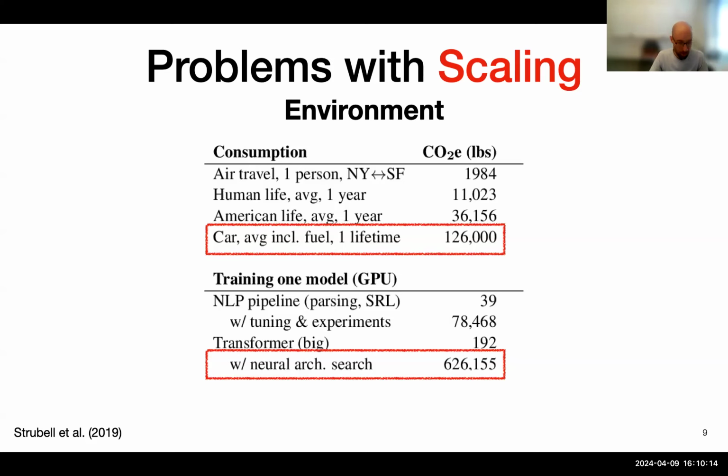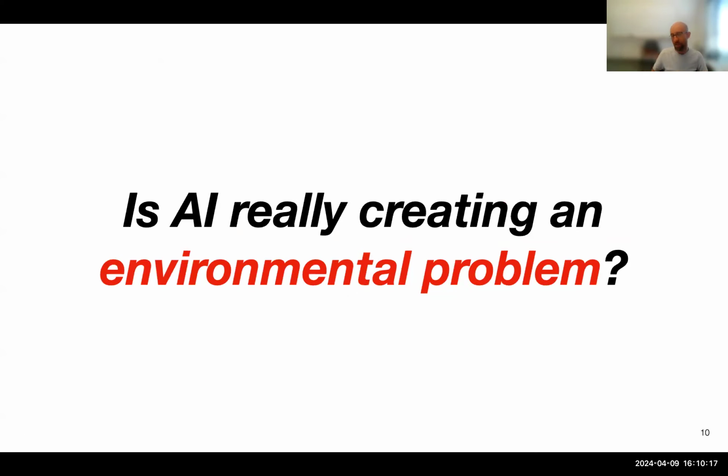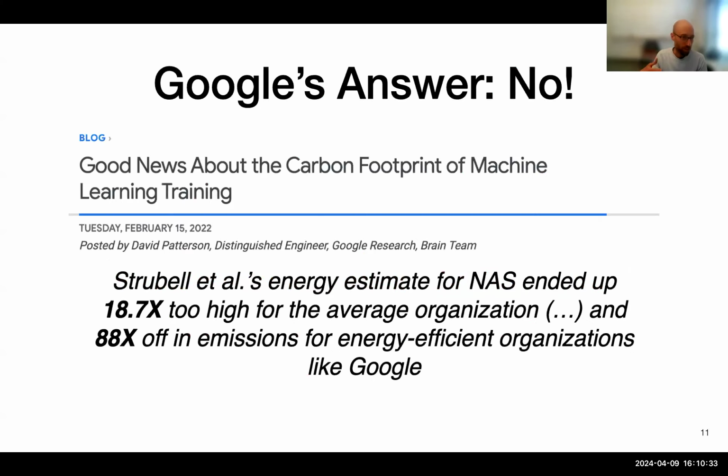I think we're at a place right now where we can ask ourselves: is AI really creating an environmental problem? And I think this is not a trivial question to answer. I'll try to show different views and mainly enrich the discussion here and talk about different ways of looking at it. Maybe I'll start with Google's answer to this question. They wrote a blog post titled "Good News About the Carbon Footprint of Machine Learning Training,"